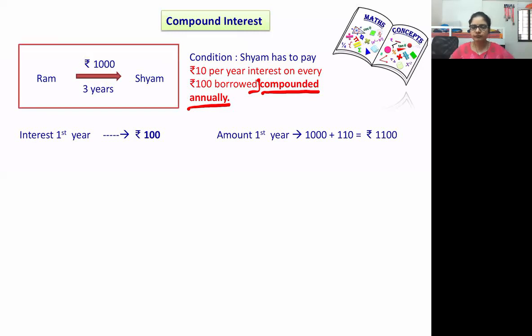If I had given you 1000 rupees for 1 year only, in 1 year itself you would have given me 1100 rupees. You are not returning any of my money, right? This means that for the second year I am actually giving you 1100 rupees. Is everybody able to understand what I'm saying?